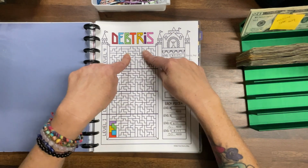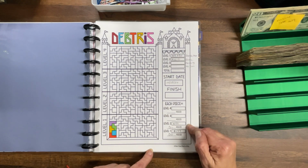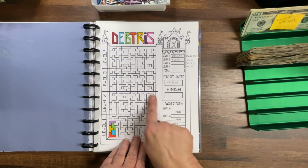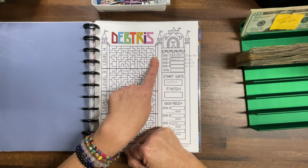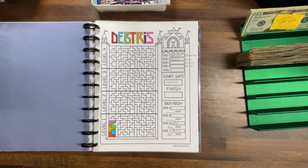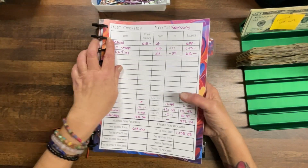So I did it in levels because I knew I was doing certain things with renovations. So level 1 is the deposit for the fence. Level 2 is the pool. Level 3 is the decking. And level 4 is air conditioning. So what I will end up doing, I'm trying to figure out the best way to do this, because in the